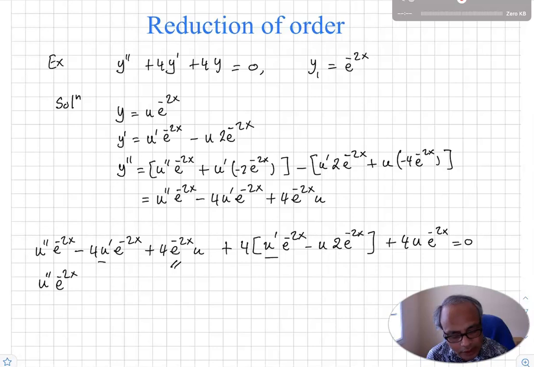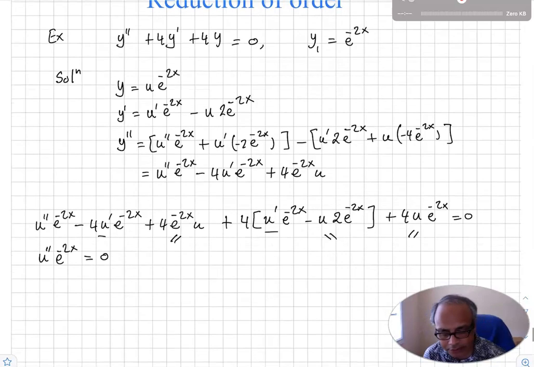This one is a negative 2u e to the power negative 2x, but when you multiply it will be negative 16. Here you have 4, so 4 plus 4 is 8, so it's negative 8, so 4 times 2 is 8, so then that got cancelled. So this equals 0. Okay, and we can divide by e to the power minus 2x, so u double prime